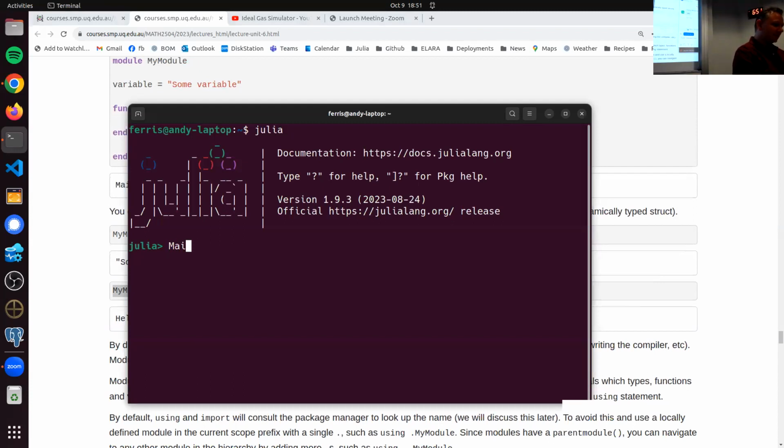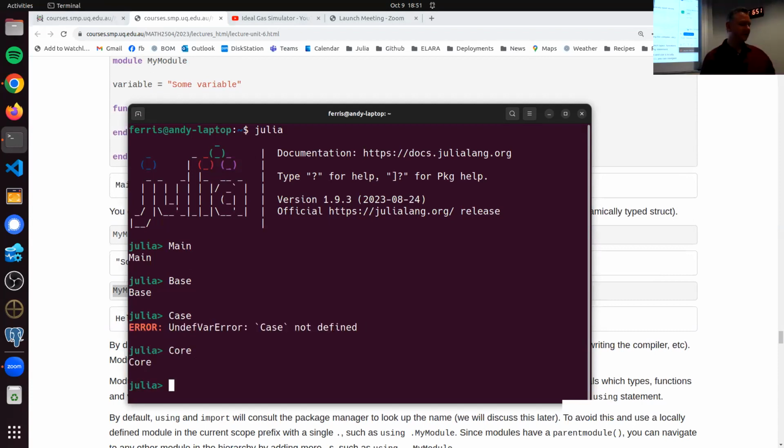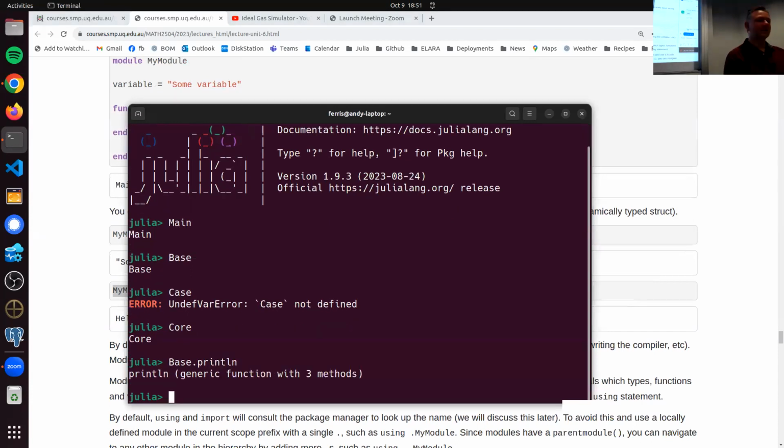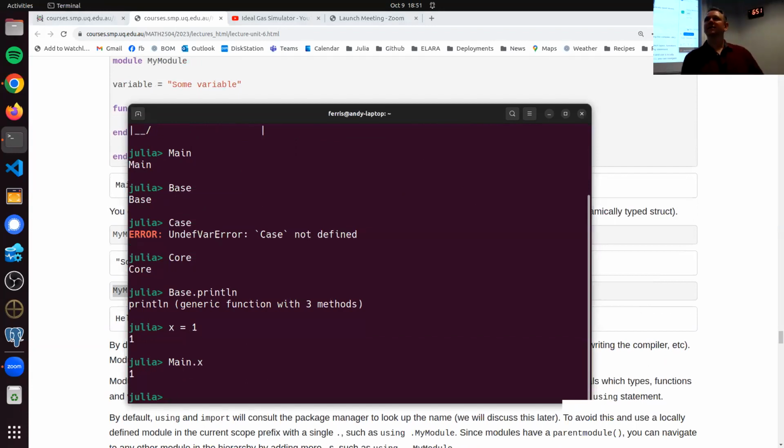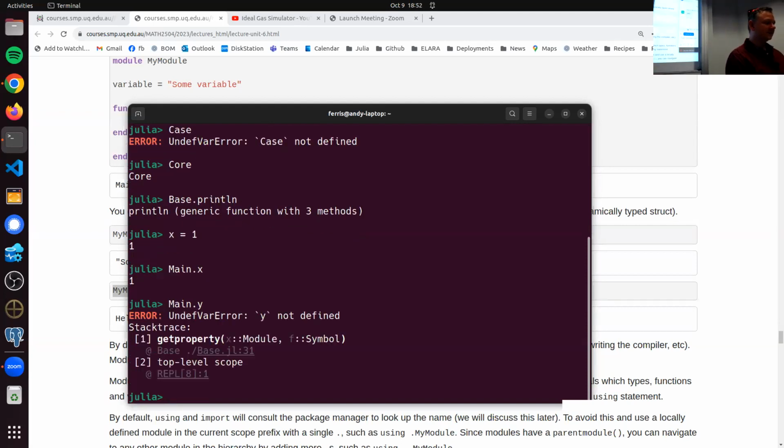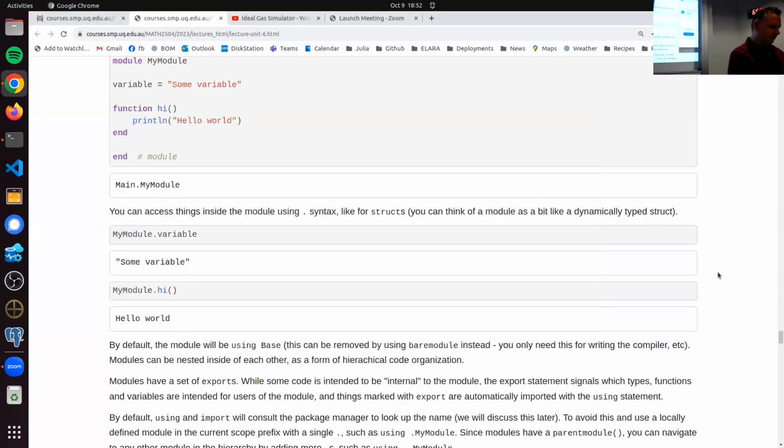If we look at Julia, there are three modules built into it: Core, Base, and Main. Base is the one where it has, like, println, right? This is the one that defines all that. Core has the compiler, and Main is the one where the REPL starts. So every time you start a new REPL, you get a new Main that's fresh and empty. But you know, I haven't defined y, for example, in Main, so it doesn't exist. Okay, so there are modules,